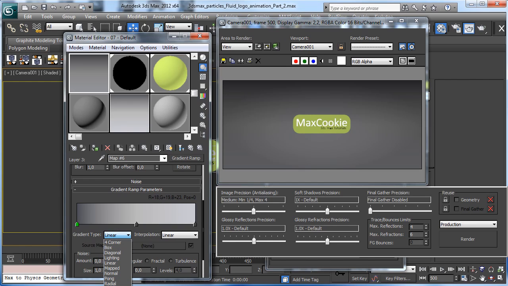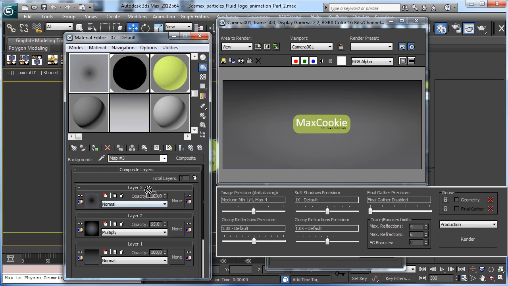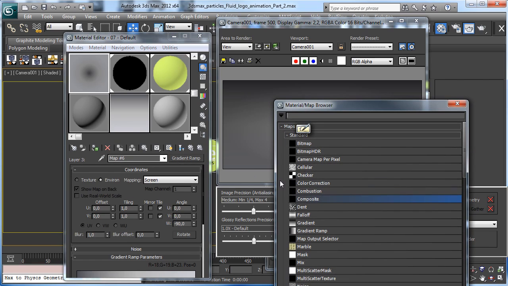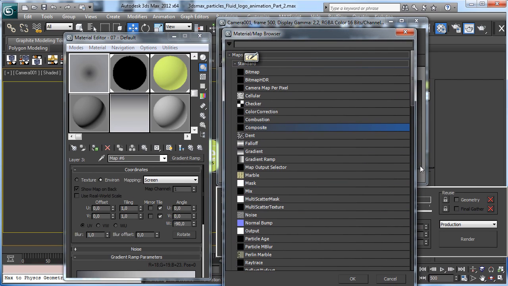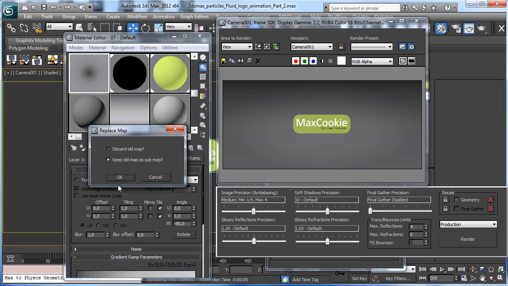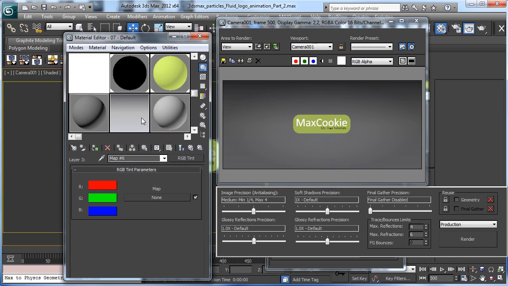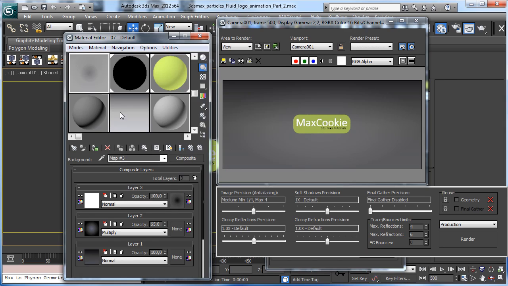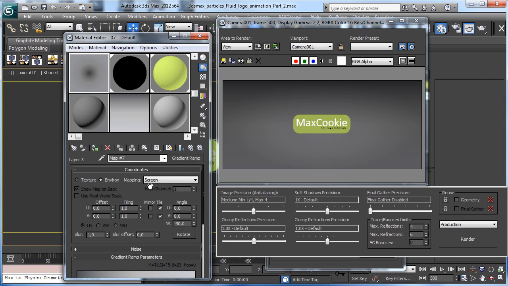We can go for a radial, and we can have let's think about to have a mask there. And there we'll have an RGB tint,